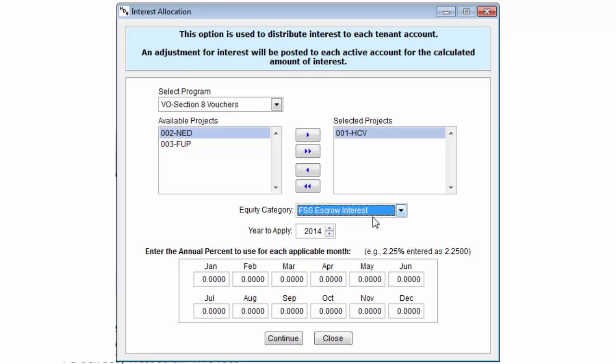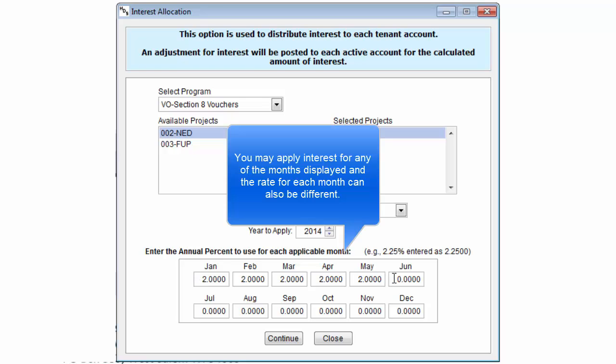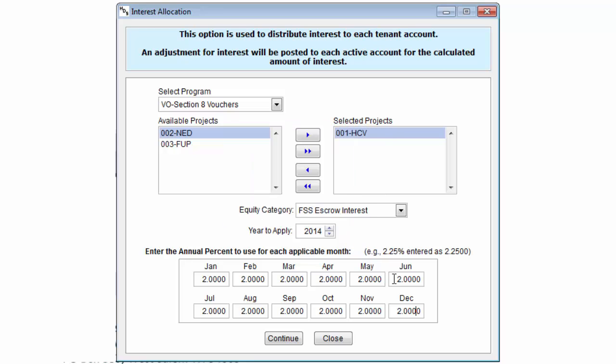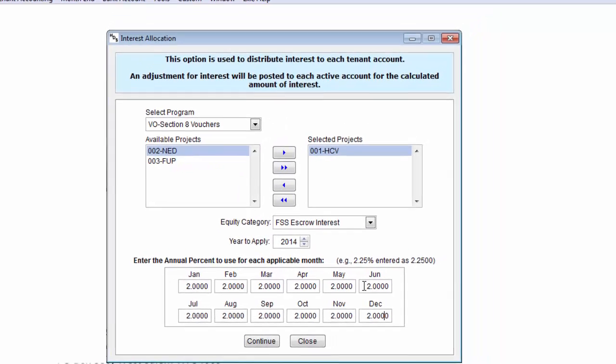Most clients will post their interest based on either the entire calendar year or based on their fiscal year. For calendar year, simply enter in the interest rate under each of the 12 months and make sure you have the correct year to apply selected. Once you're ready, select Continue,